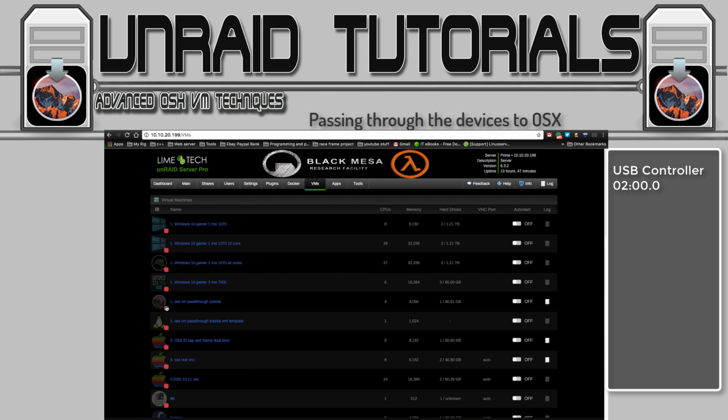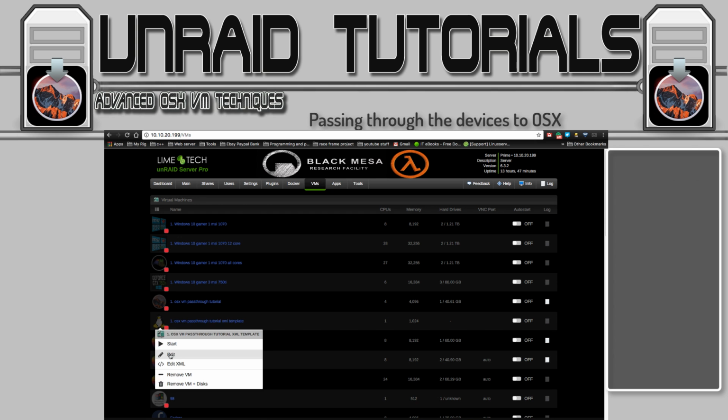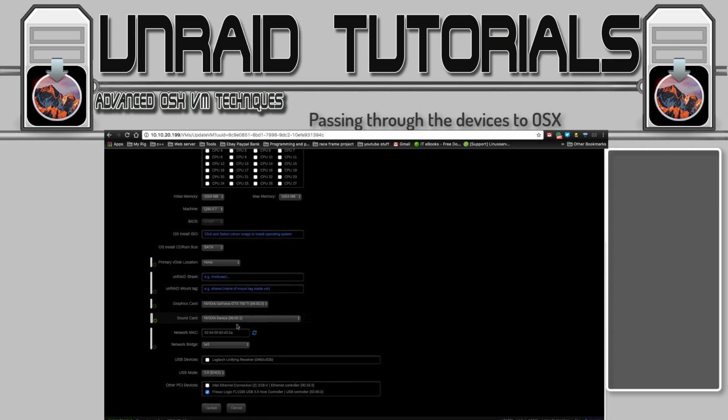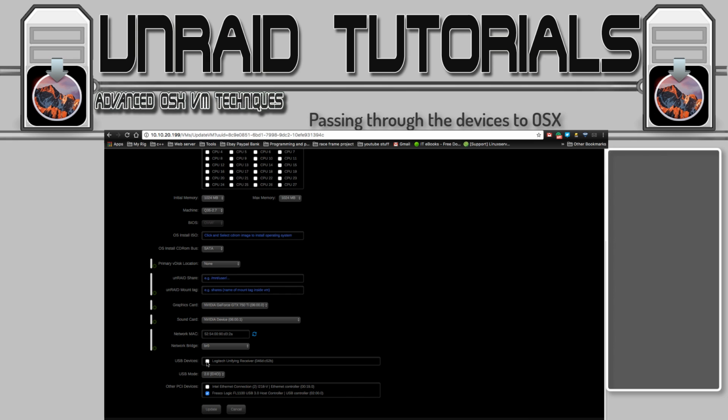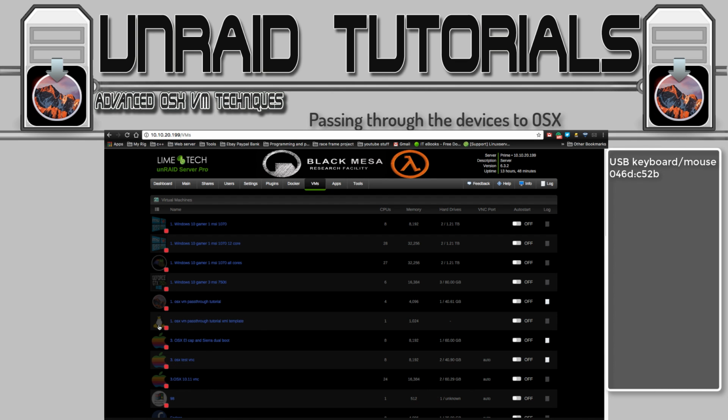And now lastly, let's pass through our keyboard. So let's scroll down, and here under the USB devices, here's my Logitech keyboard. So just select that one. Have a look here at the identifying number of this keyboard. It ends in C52B. So click update, and now click on edit XML,